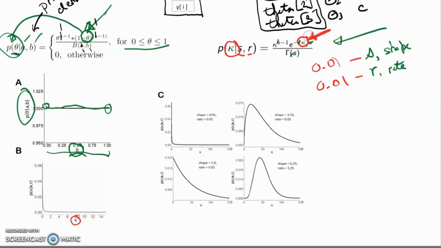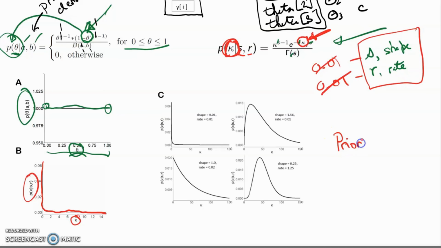So if we actually set S and R as 0.01, what's the relationship between the kappa that goes in here and the probability of kappa that's shown here? You can see that for most values of kappa, it's going to be a pretty flat line. So we can think about other values of shape and rate instead of these. And if you go on E-class, there'll be a program, prior distribution.R, that'll let you put in different S and R parameters and see what effect that has on the probability